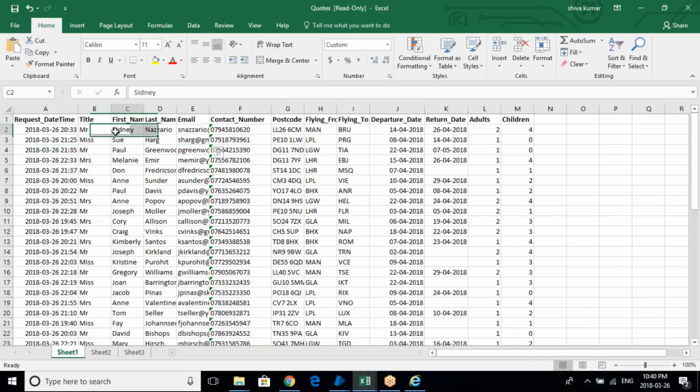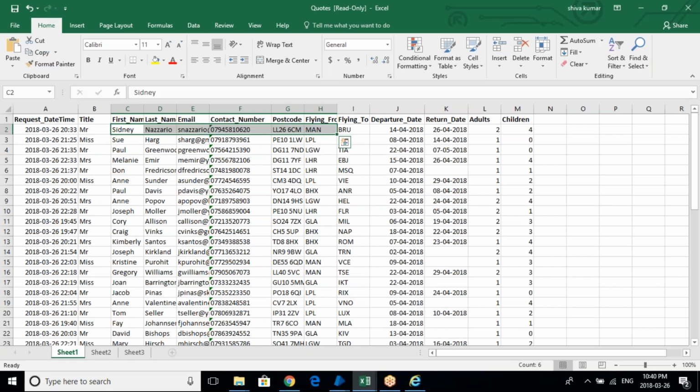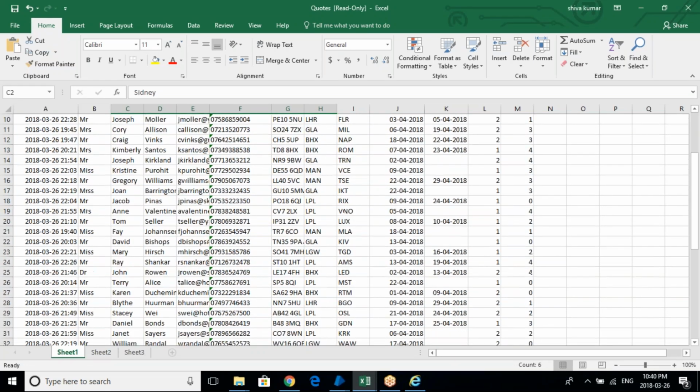You can understand if you're doing it manually, how much time it can take. One item can take you at least 3 minutes, right? But once you're doing it through Blue Prism, it takes a fraction of a second. I think it's getting completed in 2 or 3 seconds. So if you have, let's say, 1,000 items, it will be 1,000 into 3 seconds, I mean 3,000 seconds, some minutes. But if you're doing 1,000 items manually, it will take you some hours. So that's how automation saves you a lot of time and effort